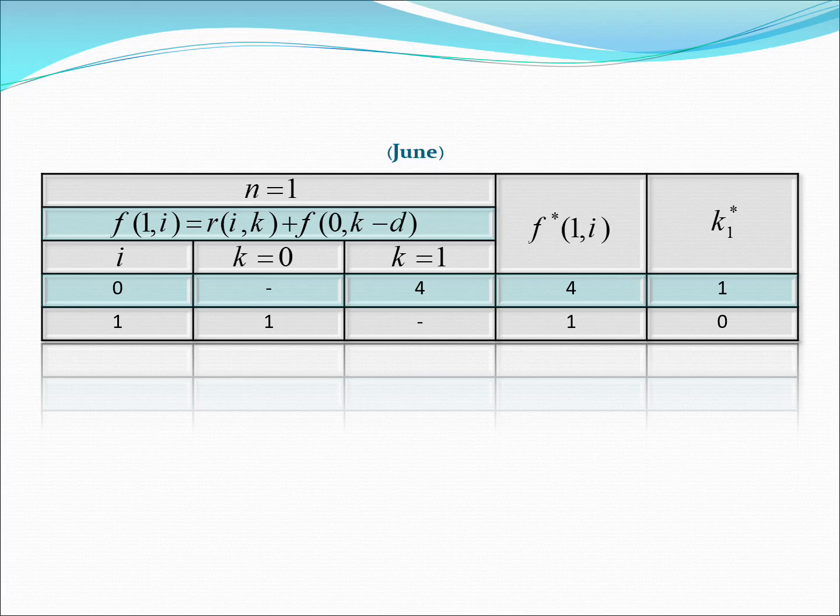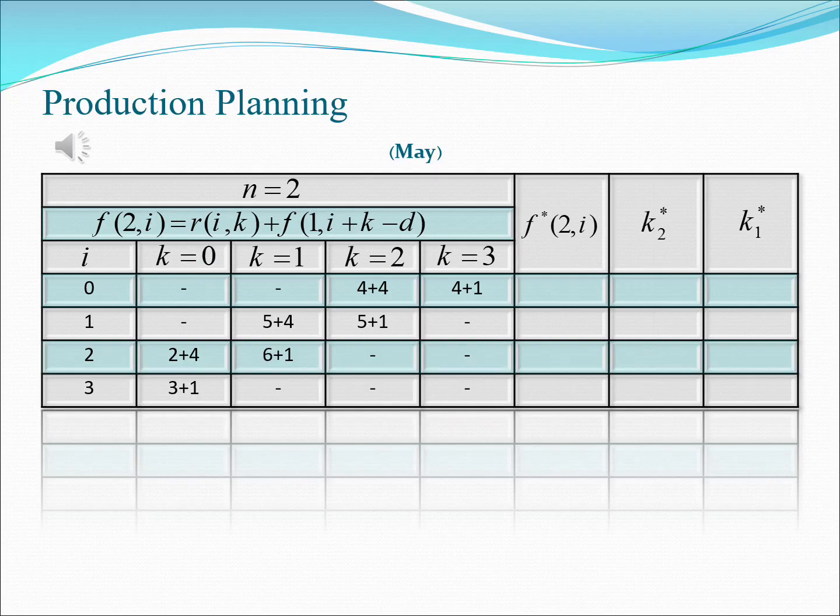In addition, when there is no boat left at the beginning of the month, since shortage is not permitted, we need to produce 1 boat. And when there is 1 boat left from the previous month, we do not need to produce any boat and pay only the inventory cost. In May, since the demand is 2 boats, the situation at the beginning of this month